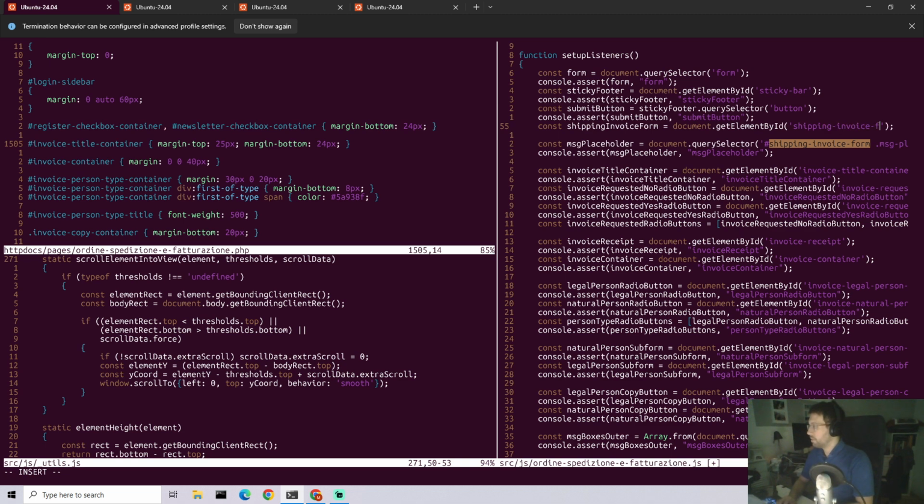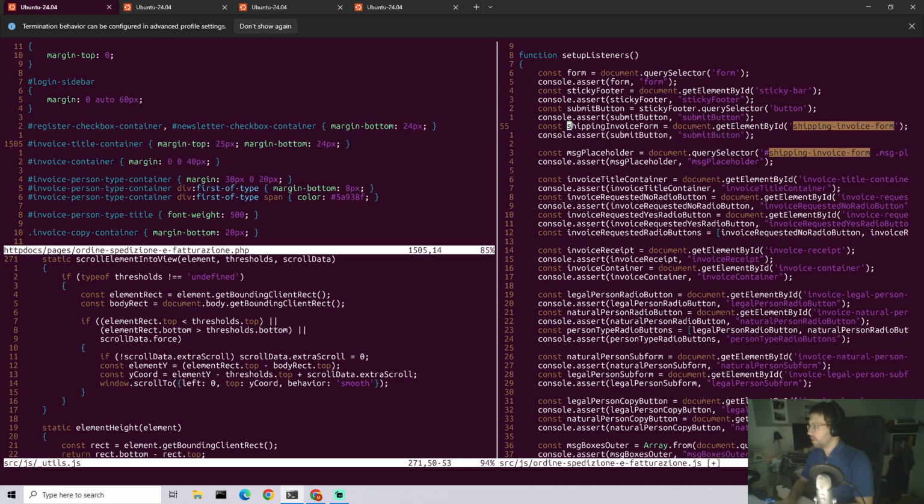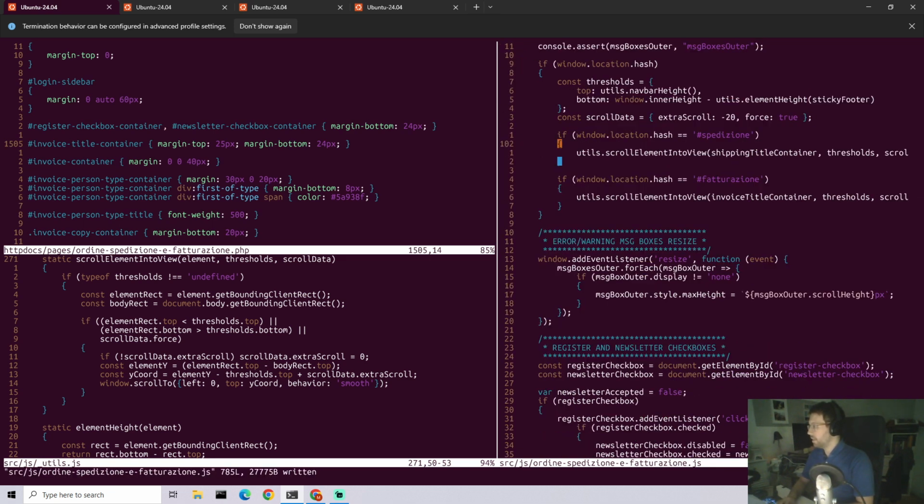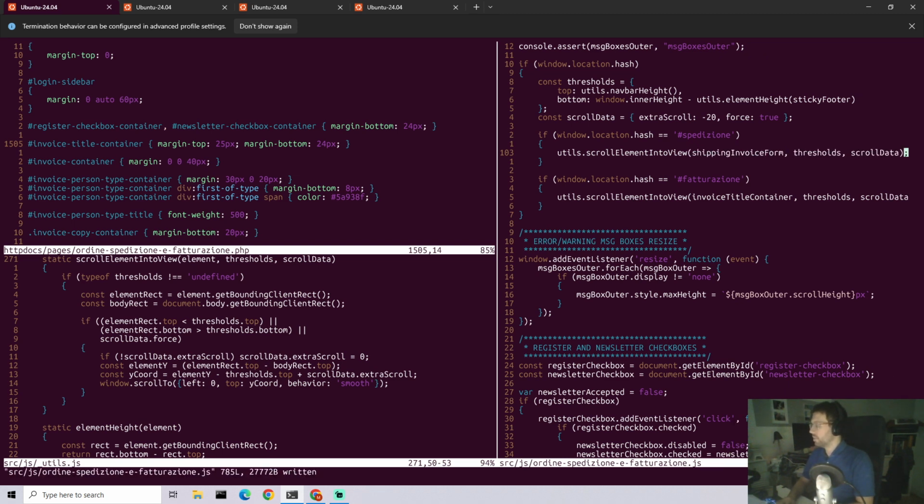And here we go. So here, shipping invoice form, thresholds, scroll data,